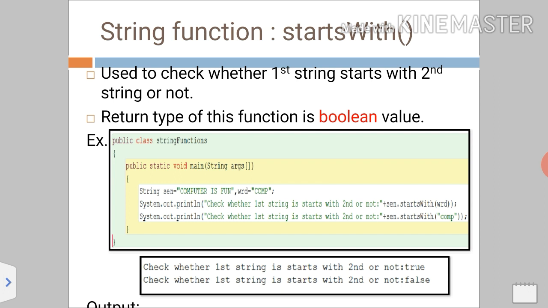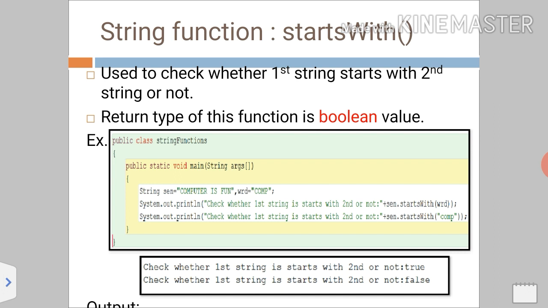I want to check whether my string starts with comp or not. Comp contains 4 letters and positions start from 0 till 3, and these positions are checked in my first string also, 0 till 3, whether they are equal or not.